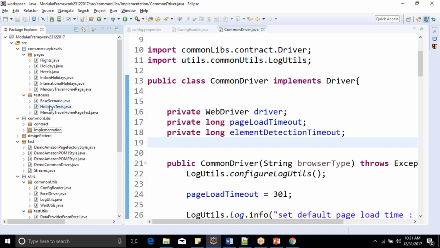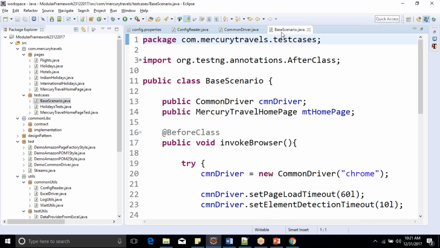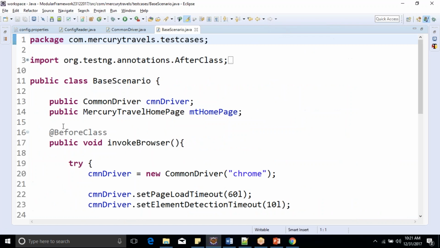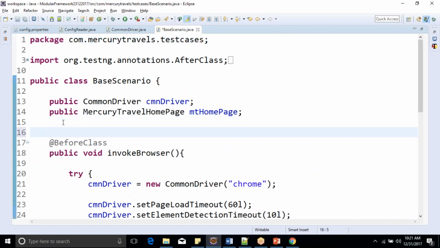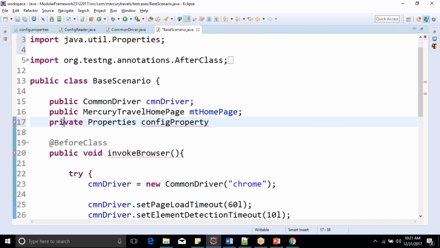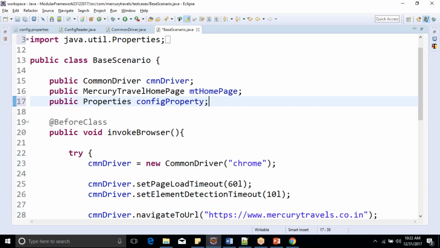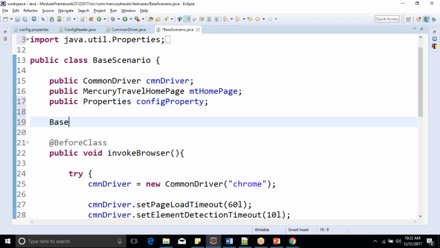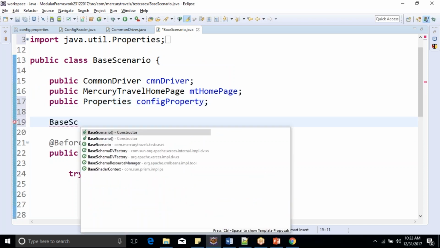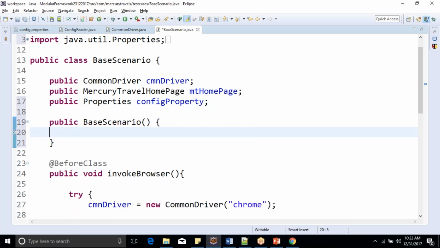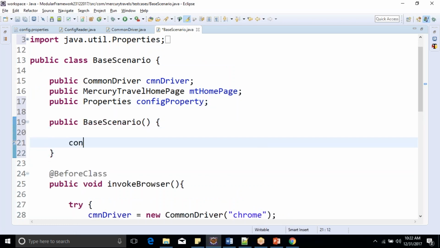Where it is required, it will be required in our test cases, right? So here we will be creating that, and here I can keep it as public instead of private. The name of the property I've kept as config property, and initialization will be done in its constructor. I have not created its constructor, so now I'll create the constructor as well. So I'll say base scenario, and we'll initialize config property equal to,